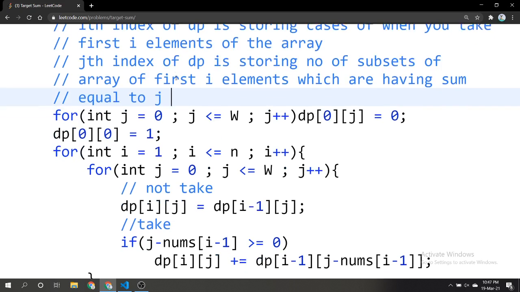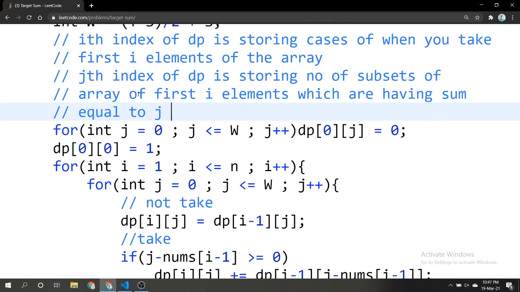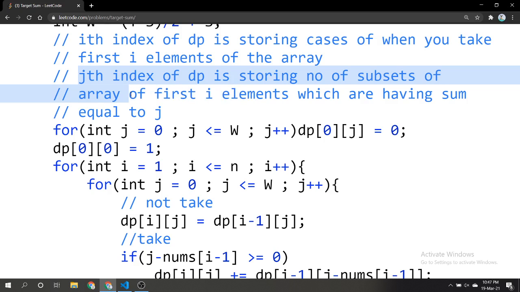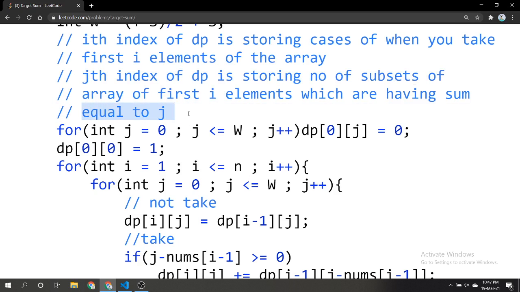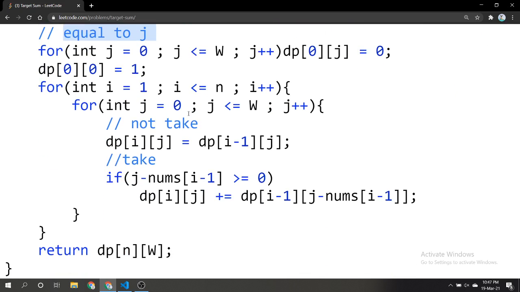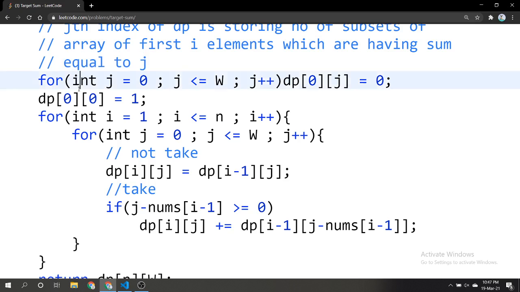Let me go through this again: the ith index of our DP is storing cases when I am taking the first i elements of the array, and the jth index is storing the number of subsets, among the first i elements, having sum equal to j. Okay, so now I'm going to go through the code here.